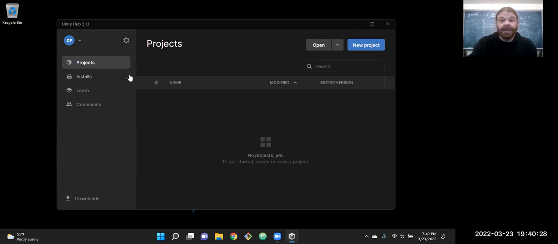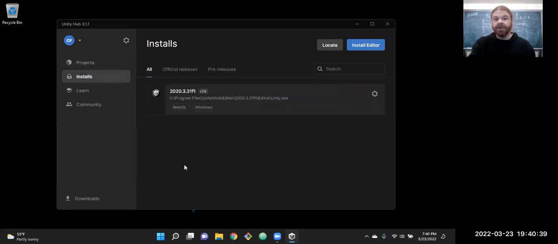So, let's look at installs first. When you go to install it, you'll install the Unity Hub, and then you can install multiple versions of Unity. I have the one I installed in the fall, 2020.3.31 F1 LTS.